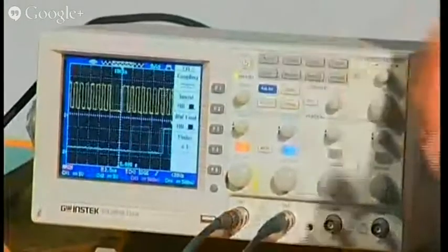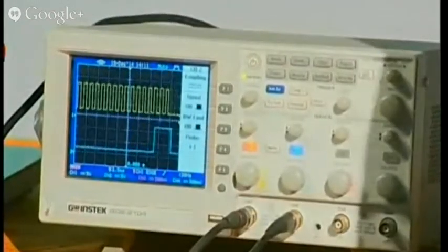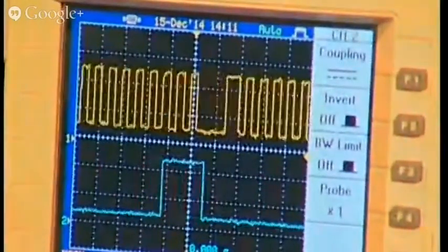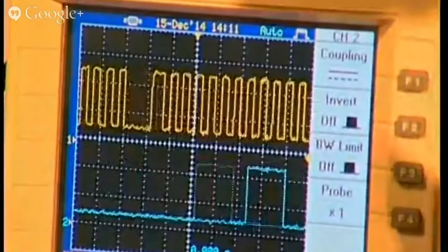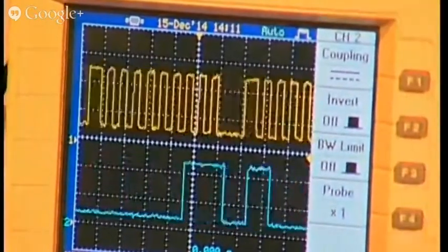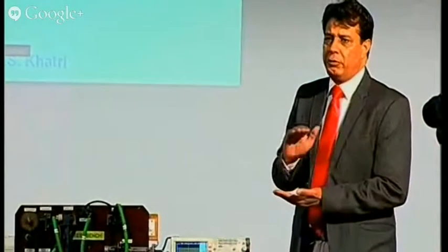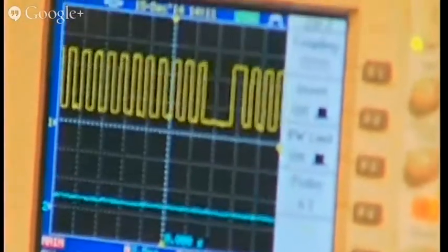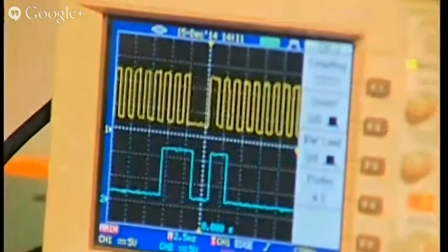I am changing the time scale. You can see this on the oscilloscope. And from these 2 pulses, we can understand the fundamentals of the relationship between cam and crank. This is why it is important, because I have to detect the TDC, when to inject, how long to inject. So all this calculation is done based on this. All the control strategies are based on it.